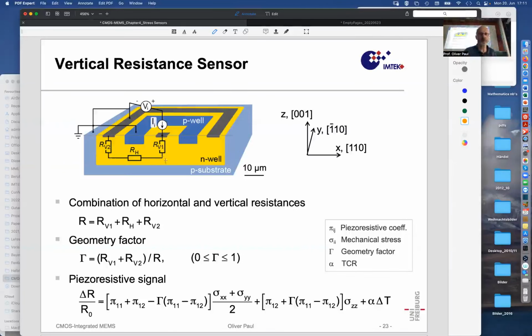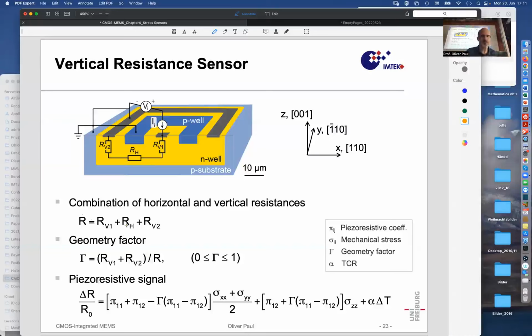But let's assume there is only the out-of-plane stress. But the out-of-plane stress will also work on that horizontal resistor, but through the transverse piezoresistive coefficient. And then if we have isotropic in-plane stresses, they will work on those resistors also, here perpendicularly, and here partly longitudinally, partly perpendicularly. So if you fudge this all up and calculate the response of this sensor under mechanical stress, well, you have